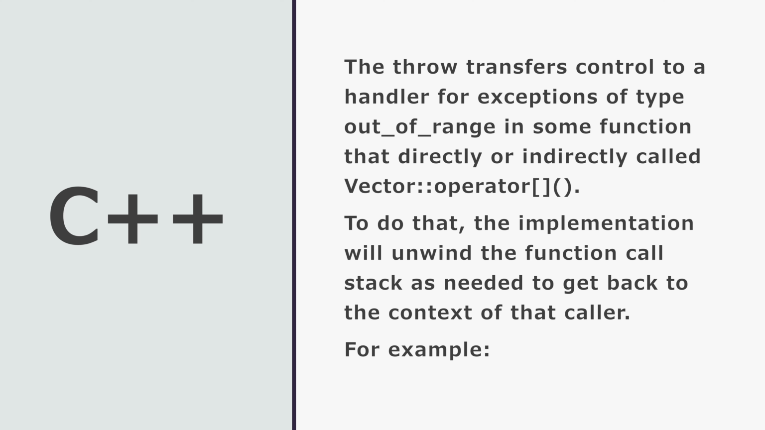The throw transfers control to a handler for exceptions of type out_of_range in some function that directly or indirectly called vector operator[]. To do that, the implementation will unwind the function call stack as needed to get back to the context of that caller. For example,